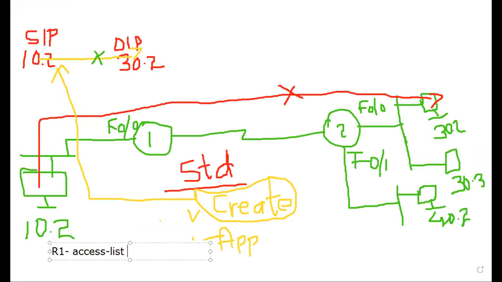And the number is between 1 to 99, as an example, I'm going to give 10. Access list 10.